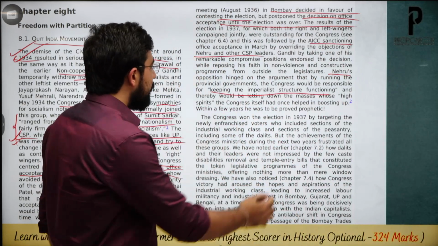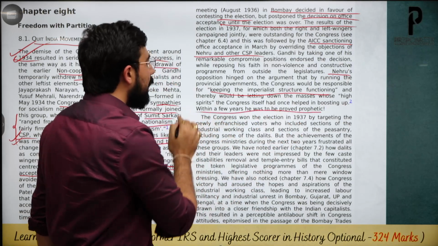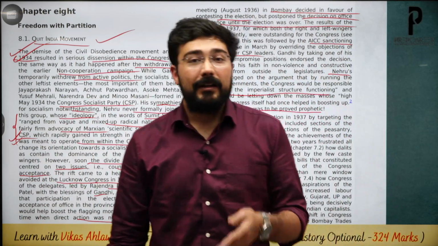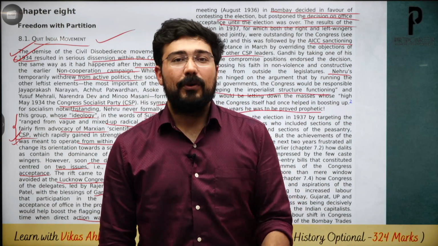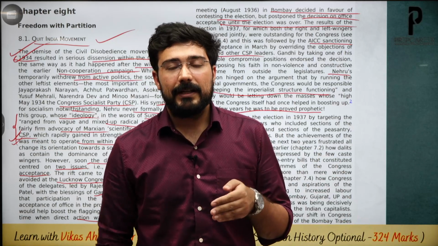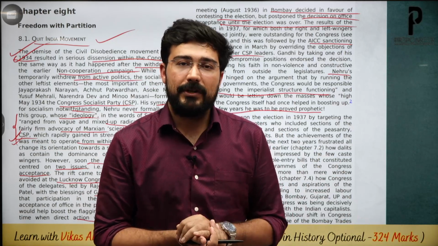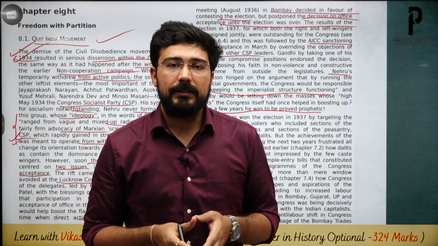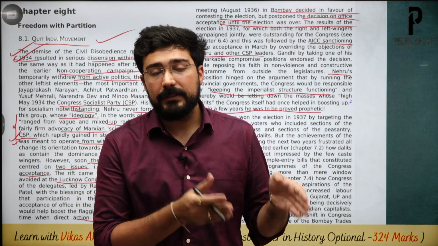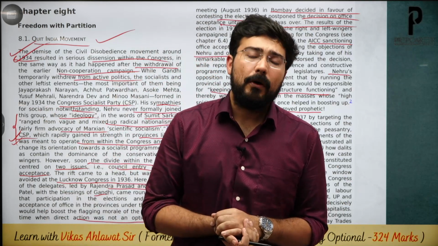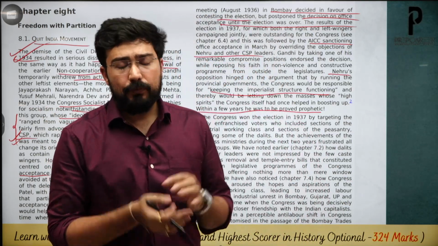And what has been said by Sekhar Bandyopadhyay is that this idea of Nehru ji would become prophetic in the future. Why? Because in 1939 Congress is going to resign. And why? Because the British will never accept Indians as having a kind of partnership in the administration. They will take unilateral decisions. So whatever work was done by this Congress in the next 2 years from 37 to 39 was not going to amount to much in terms of outcome, because the British were never ready to provide that kind of power